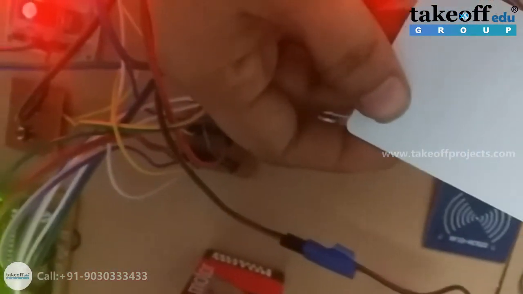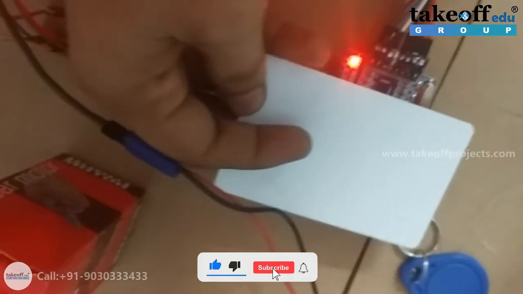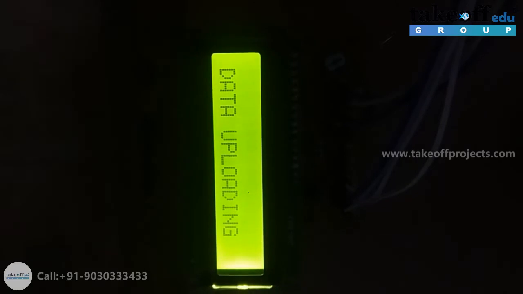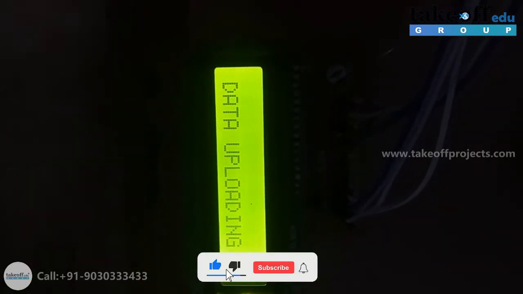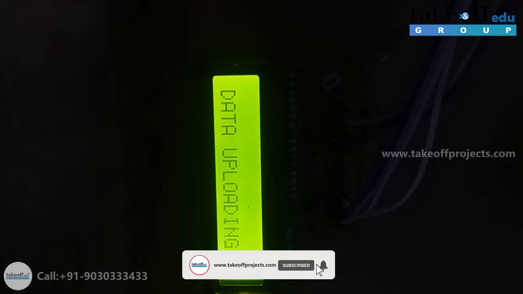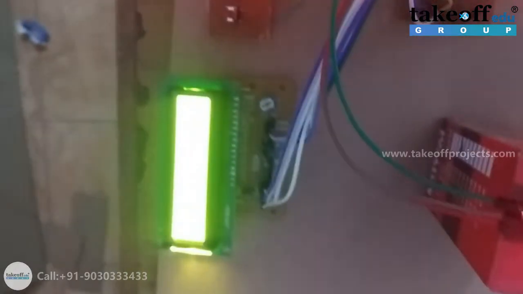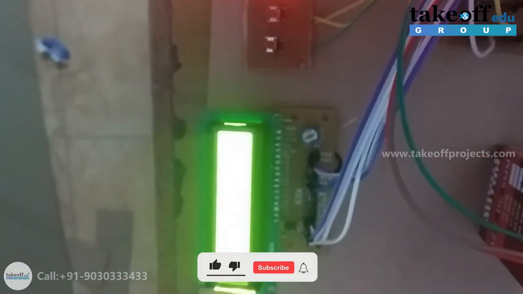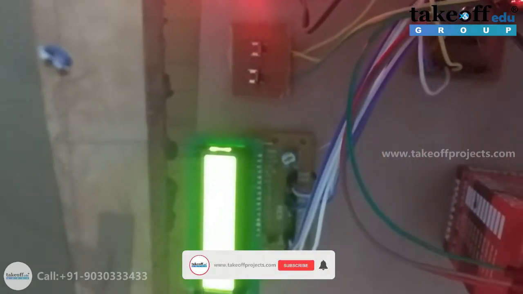Now this is the parking zone card. Now I am placing that card. The speed limit for this is almost 0. See, 1. So in this case also you will get a message alert as well as ThingSpeak data uploading of the vehicle number plate, because the normal speed is 20 now. In the parking zone, normally you have to maintain almost 0 speed, so that's why you will get a message alert.